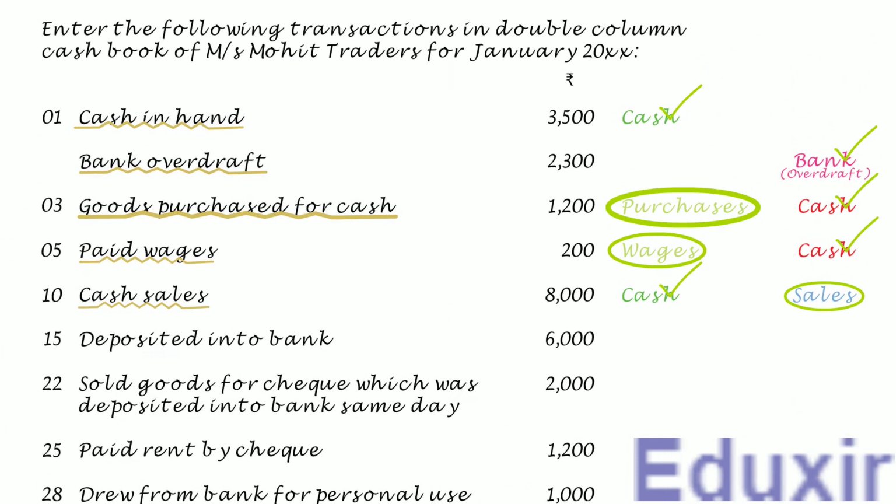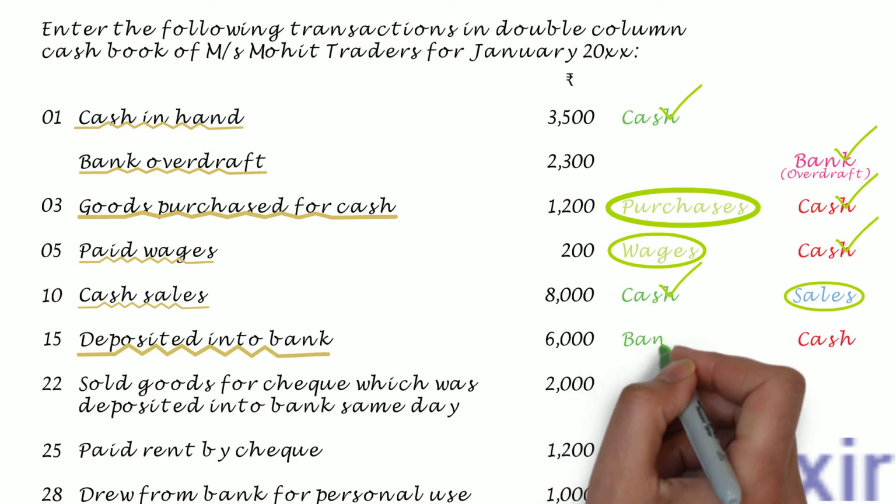In this transaction, the business has deposited 6000 rupees into the bank. Note that when depositing the cash into the bank, the businesses take the cash available with them and deposit it into the bank. When the cash is taken away to deposit into the bank, the cash asset available with the business will be decreased. The rule to record any decrease in the asset is to credit the corresponding assets account. In this case, the cash account should be credited. At the same time, as the cash is deposited into the bank, the bank asset of the business will be increasing. The rule to record any increase in the asset is to debit the corresponding assets account. In this case, the bank account should be debited.